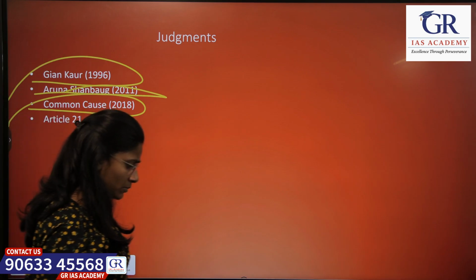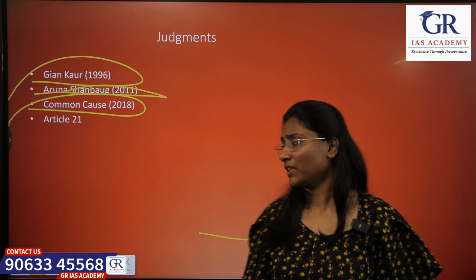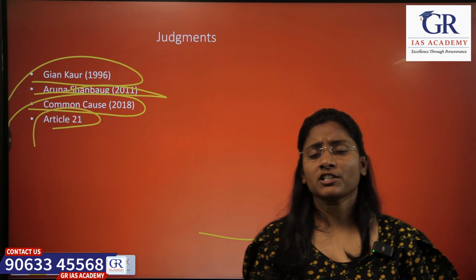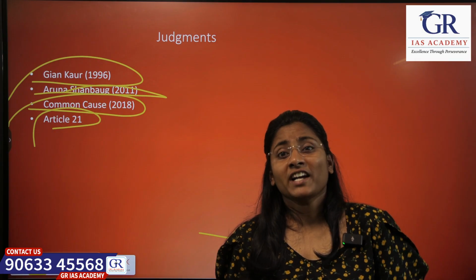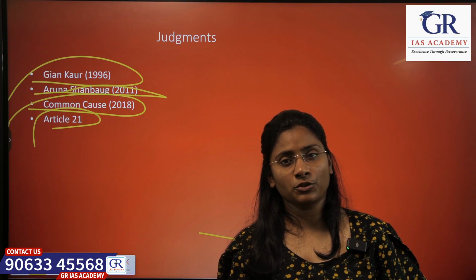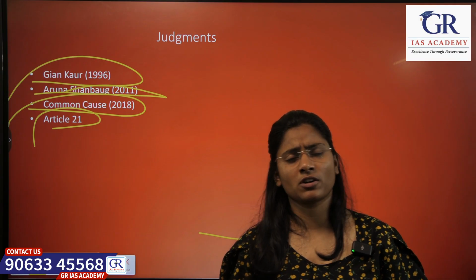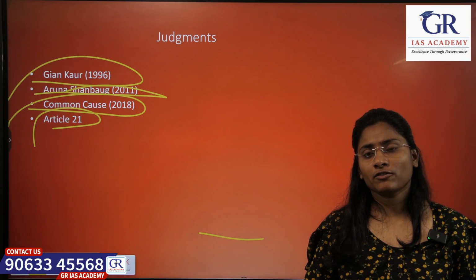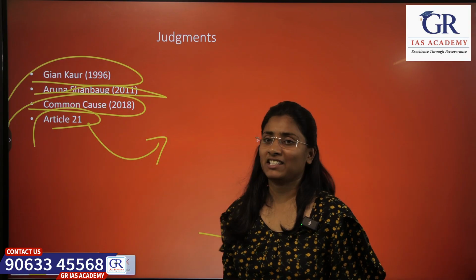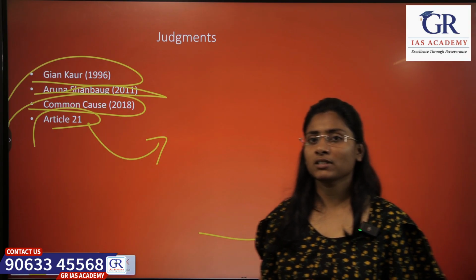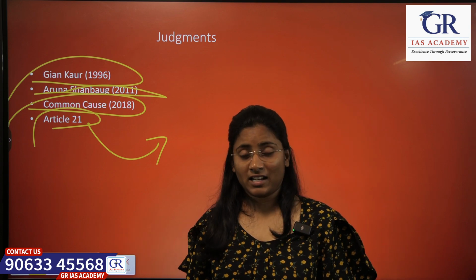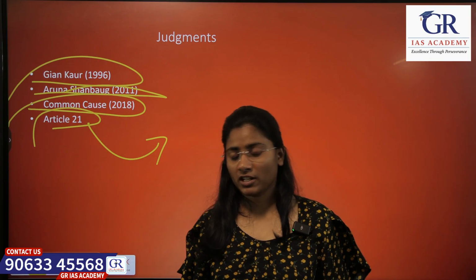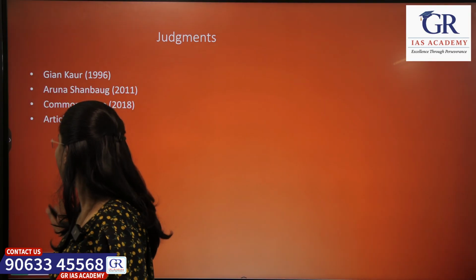Okay. What about Article 21? What does it say? Right to life. Okay, we know that we have right to life. How does it connect to euthanasia? Why did the Supreme Court support passive and active euthanasia? Only passive euthanasia, active is not legal in India. Okay, why did it support passive euthanasia? Right to life also includes right to live with dignity. So when some person is in vegetative state, he is not living his life with dignity. So that is why the Supreme Court gave a ruling that passive euthanasia is acceptable.